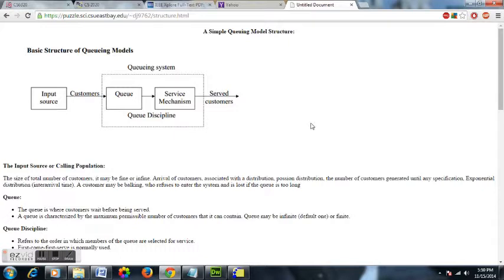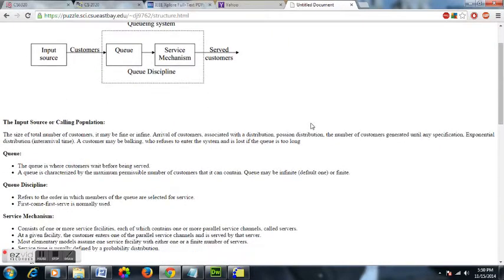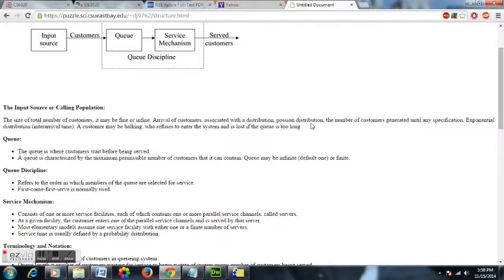So in the queuing system you have two things, one is queue and one is service mechanism. So what is a queue discipline? Queue discipline is how members of the queue are selected for services. It has some criteria, and according to it it works. The criteria is like first come first serve. That is a normal criteria used for this queue discipline,